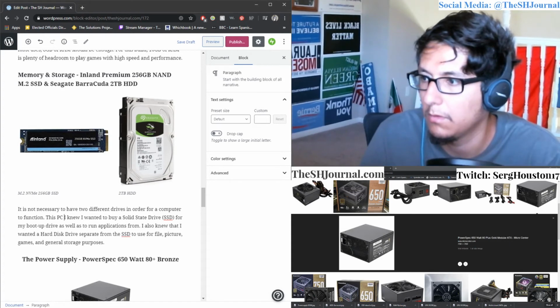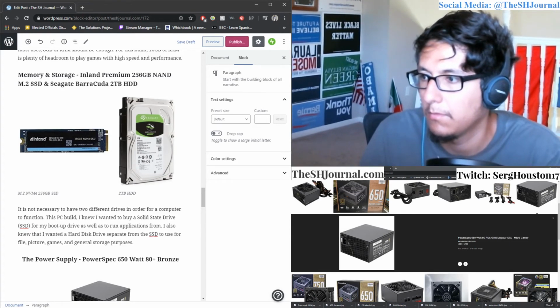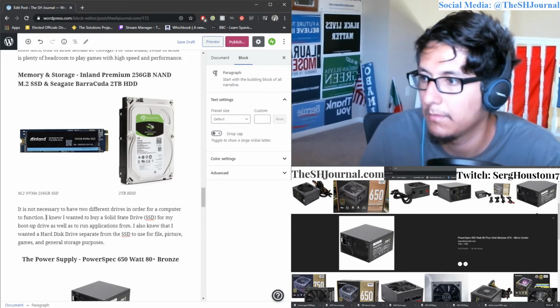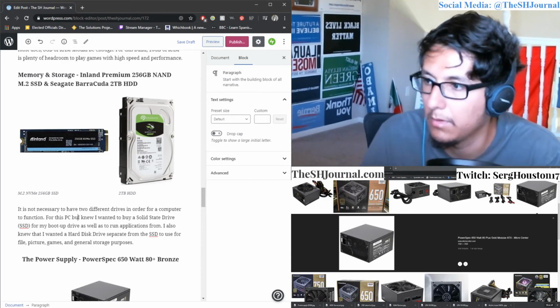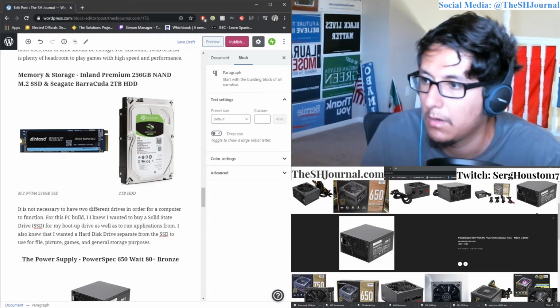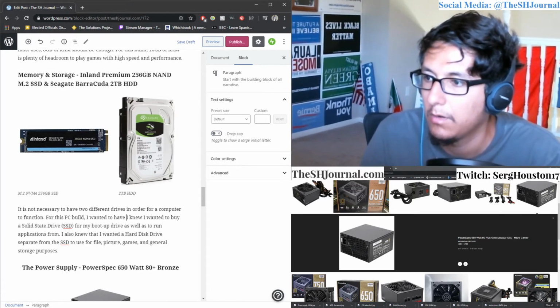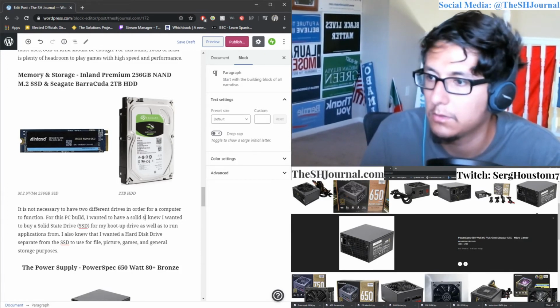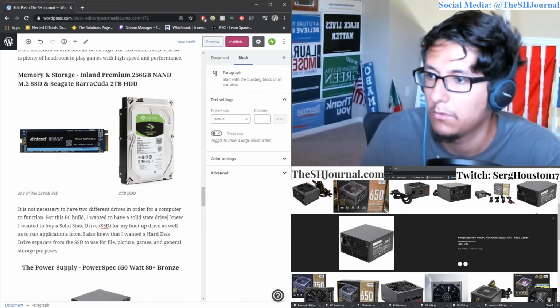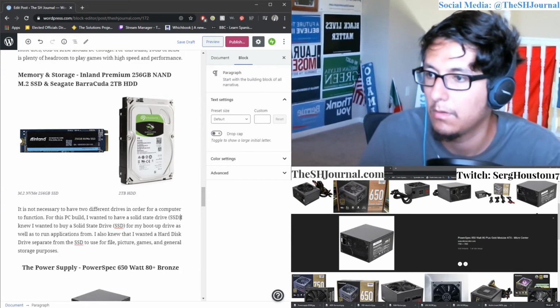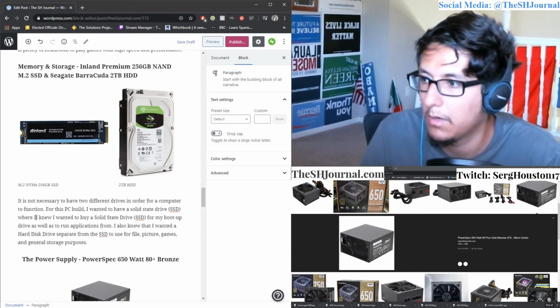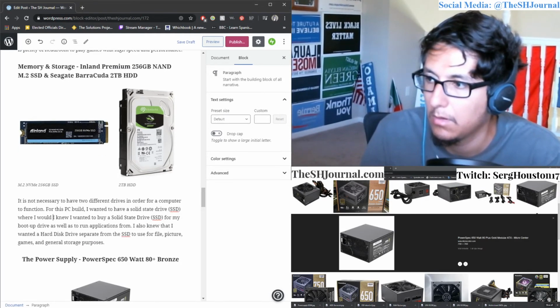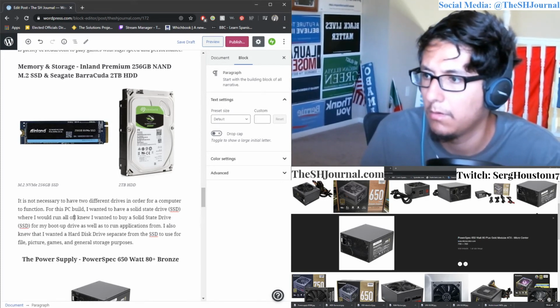For this PC build, I wanted a solid state drive where I would run all of